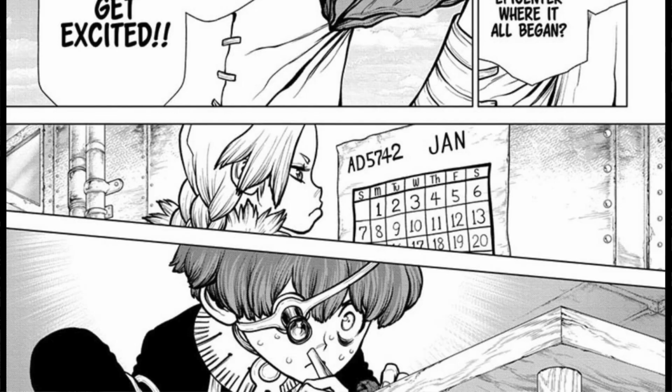They could have done an entire arc of them just getting from one end of the Amazon to the other, but I guess not. Oh, we do get a date though. It is now January 80, 57, 42. I really feel like they should just make a new calendar, start a new thing. We had BC, AD, how about AP, after petrification? Or SA, Senku's awakening. The new calendar starts the year Senku woke up, or something like